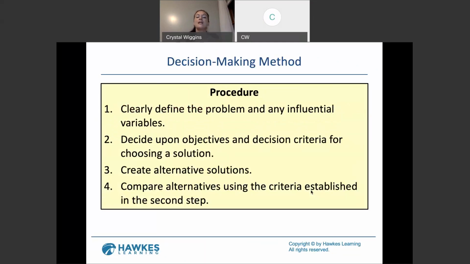So decision-making method. The procedure would be to first clearly define the problem and any influential variables. So in order to attempt to avoid confounding variables, you have to think of, well, what could possibly affect my experiment results? So if you're doing a trial on trying to quit smoking and you're having your subjects try your new quitting smoking nicotine gum, you have to consider a lot of things. The personality of your patients, the other habits of your patients, whether they abuse alcohol or other illegal drugs,